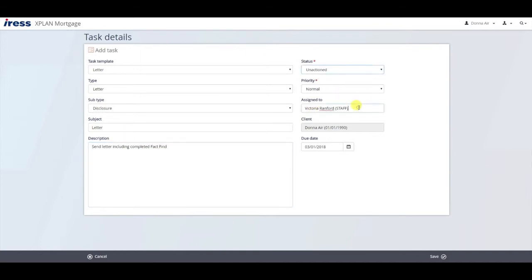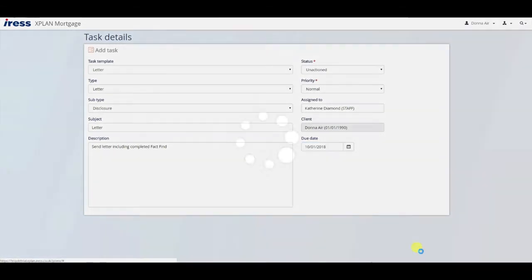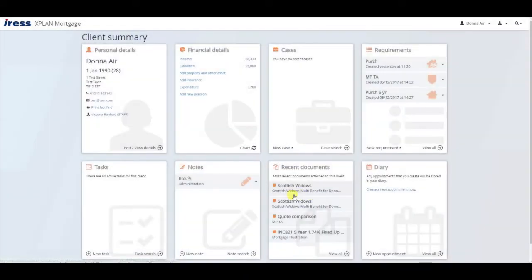I'm going to say that's currently unactioned, it's normal priority, and it's possible that I've got an administrator who is going to undertake that task, so I will assign it to that administrator. And let's say that I want her to do that within 1 week, so I'll put in that date there and save that task. Okay, we'll then see I can't see the task on my dashboard because it's not one